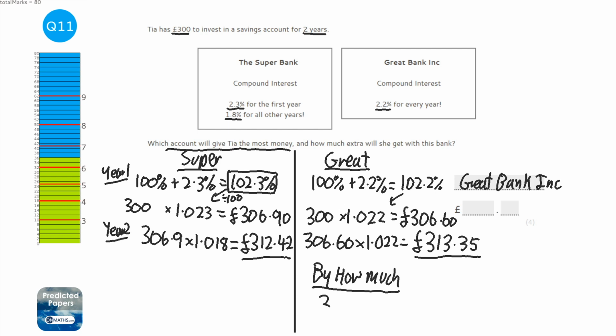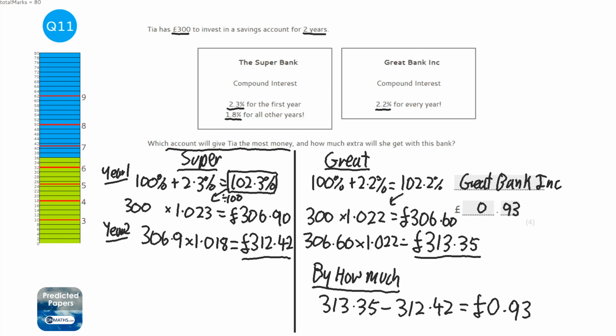So I'm going to do 313.35, take away 312.42. So 313.35, take away 312.42. And I get the answer of 93p, so £0.93. Now, if you hadn't have rounded both of those, you might get a slightly different answer, and actually, technically,